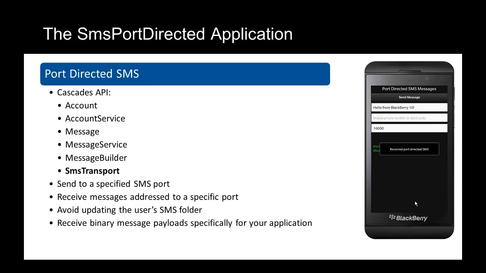Now, once again, we're going to work with Cascades APIs, slightly shorter list this time. Much of what we do with port-directed SMS is fundamentally the same as the steps we saw for user-directed SMS, but we're going to use a class called SMS transport. Per the name, port-directed SMS was really designed with the idea that applications might use SMS as a transport for binary data. And the APIs allow us to send messages to a specified SMS port and to receive messages addressed